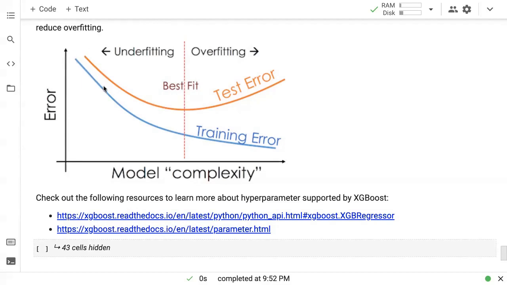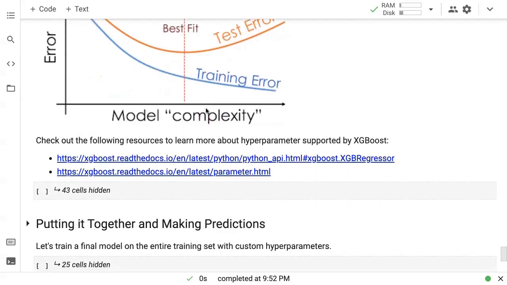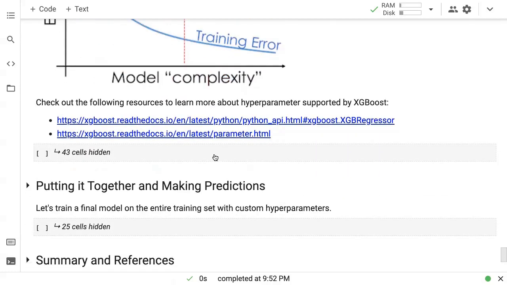But as you start increasing the capacity of your model, your training error starts to decrease, and it continues to decrease because your model has more parameters to learn information about the training data. But at some point, your test error will start to increase. And this is where you have to manage the different hyperparameters and adjust them in such a way that you get to the best fit, the minimum possible test error, and any further you go, the test error should start to increase. So that should be your goal with all the different hyperparameters that you train.